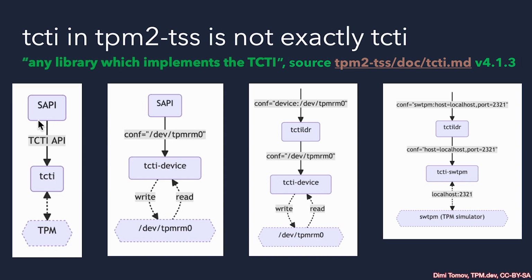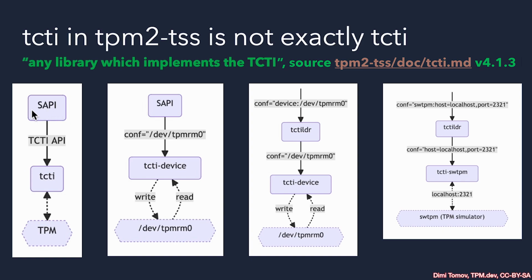So here we have SAPI as an example, and this could be eSAPI or FAPI, it doesn't really matter, it follows the same pattern. So once we send our eSAPI API call, that's translated to a TCTI API as defined by the TCG. But then, in order to communicate to the TPM, this needs to be transferred over some kind of a layer, communication layer. That could be a physical layer, it could be a socket, as we'll see with the TPM simulator on the last picture here. But let's go step by step.